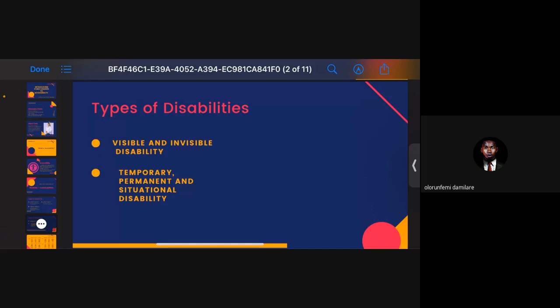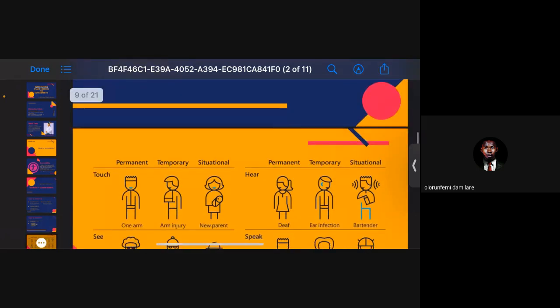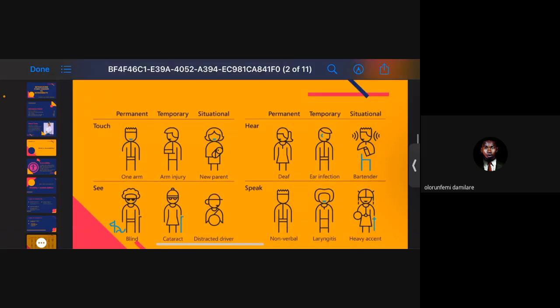Now the third category of disability is what we call temporary, permanent, and situational disabilities. I will explain what these things mean with an illustration. Now look at this picture. Okay, so this is how you describe permanent, temporary, and situational.